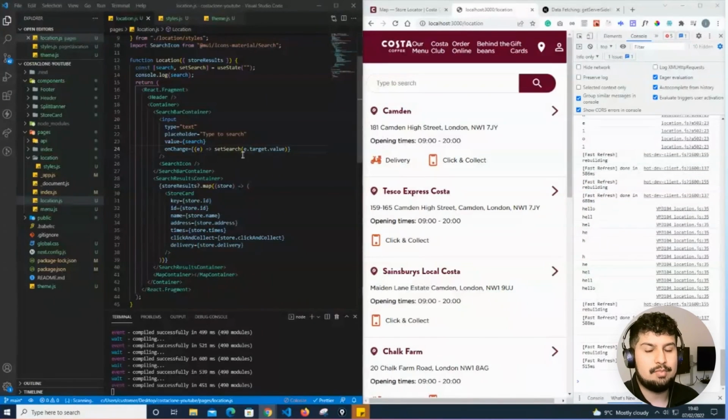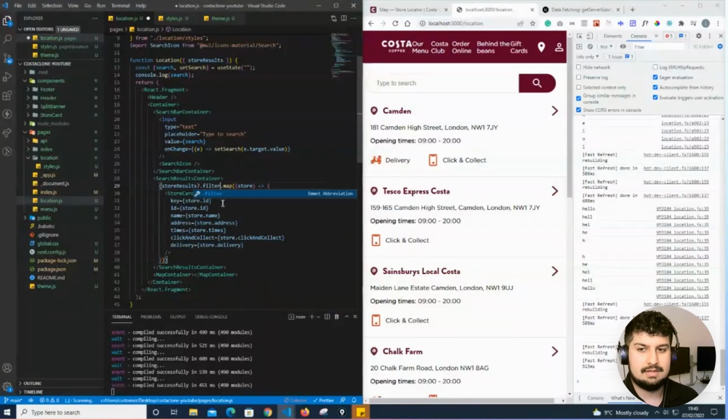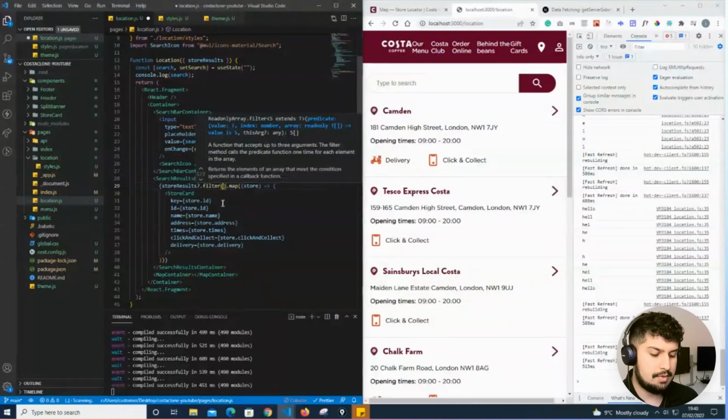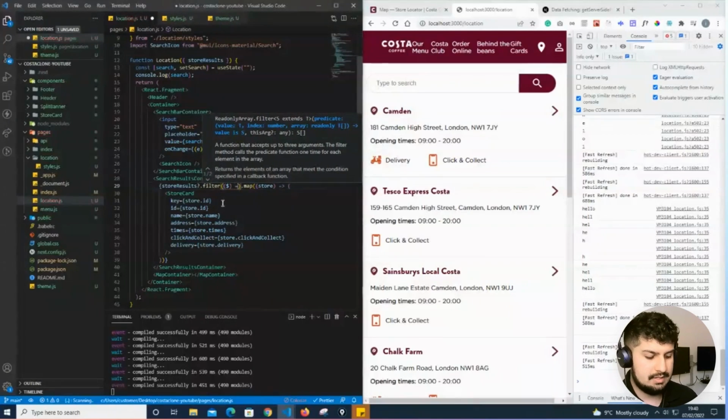So now that the input search field is updating its value, we need to connect it to the store card. The way to connect the value to the store card is when we access our store results and when we map, we also want to filter, which is the same functionality as a map, but instead we're going to filter. So for each item, if I change this to item,